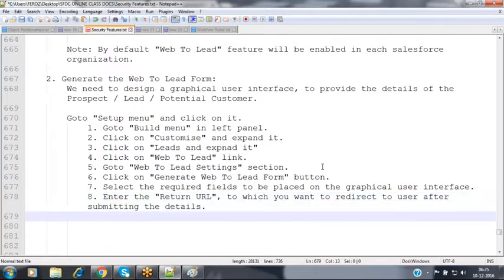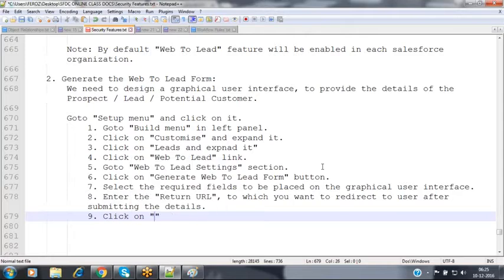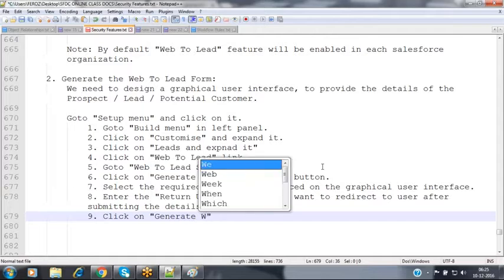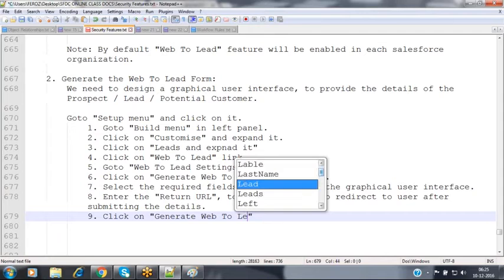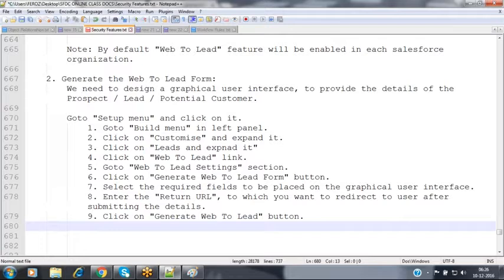And then click on the generate web to lead form button here. So this is the navigation that we have to use.